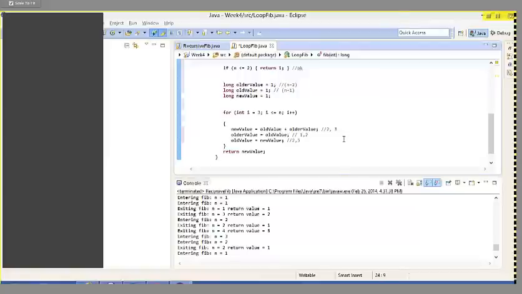Okay, USA. Yes, exactly, girls. Fib3 plus Fib2, yes. So now the value is,